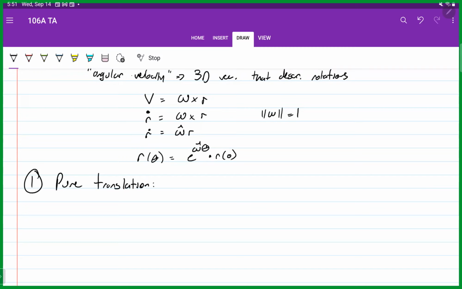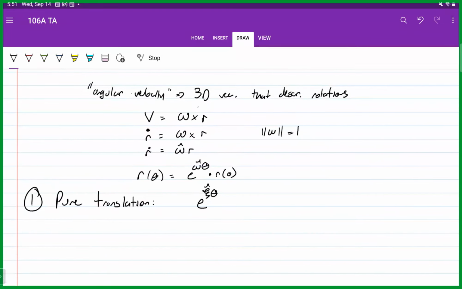A lot of the things we're going to do with this pure translational case are going to seem a little silly, like we're adding matrices for the sake of adding matrices. But the basic idea is that we want to represent all rigid body transformations in this form, like e to the xi hat theta, because then when we're,